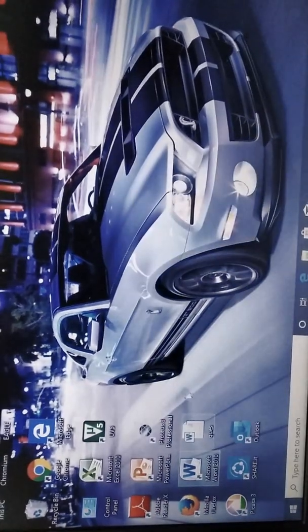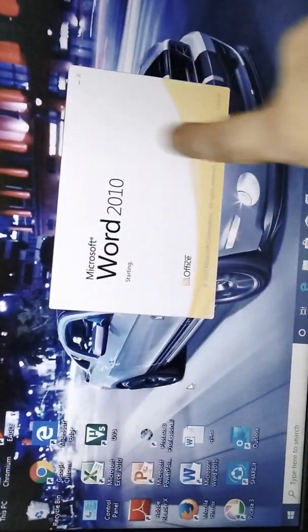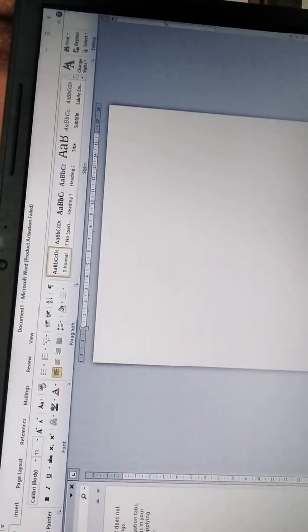Okay, then see this circle is going on. That means now Word will open for you on the computer. Okay, children, and now you can see this is the close button, and with the close button we can close your Word. Okay.